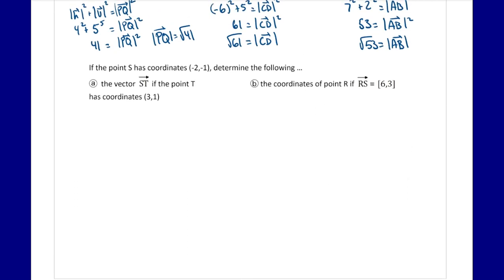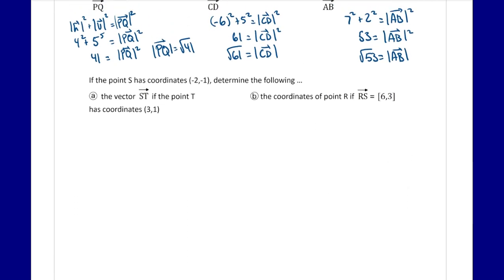The last one, if point S has coordinates of -2, -1, determine the following. The vector ST if the point T has coordinates 3, 1. So I'm just going to put the points down roughly in a random spot. So if this is S and this is the point -2, -1, and T is at 3 and 1, we'll say somewhere about here. I want to know what is this vector,